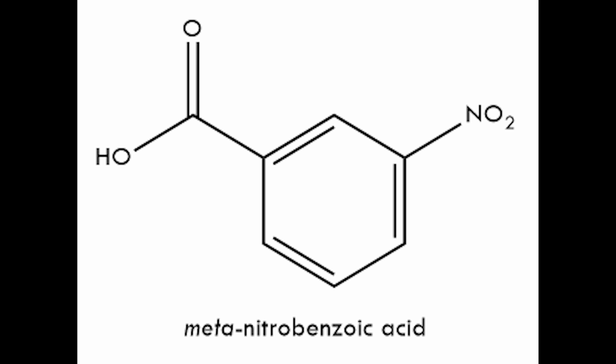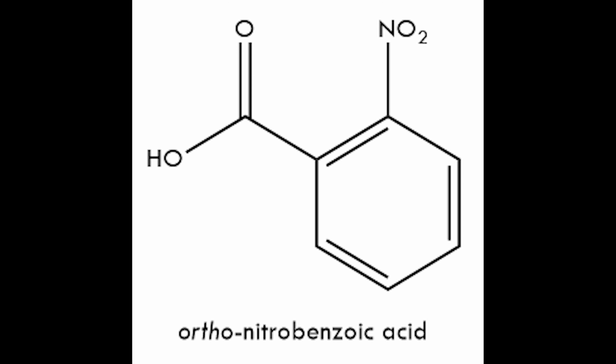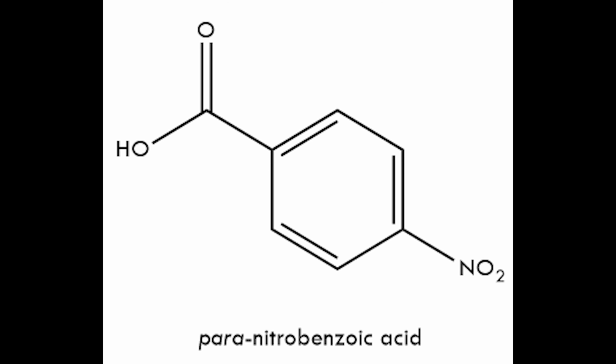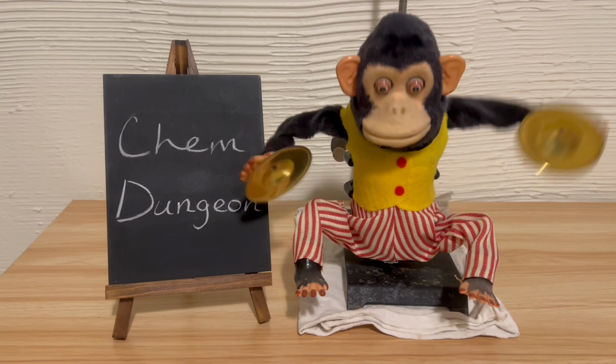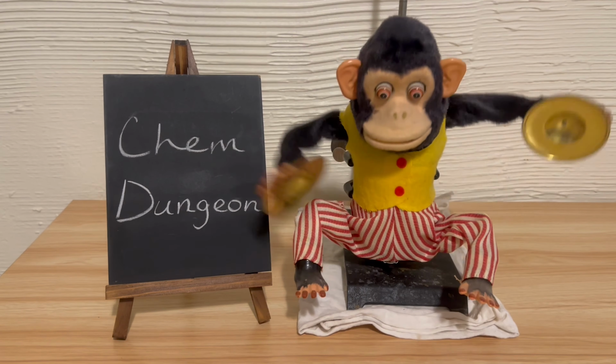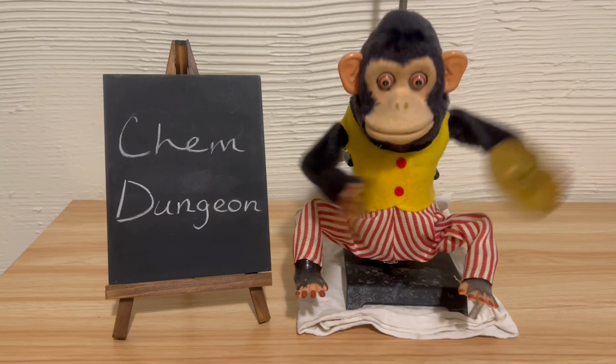Welcome back, y'all. In this video, I'll be making m-nitrobenzoic acid, or meta-nitrobenzoic acid, in 3 ways. The first way gives the purest acid, the second and third give mostly the meta-isomer, some ortho, and trace amounts of the para-acid. I don't know if I need pure meta-acid for what I intend to use it for, as I don't know if it'll even work, but I thought I'd try the method that yields the purest product